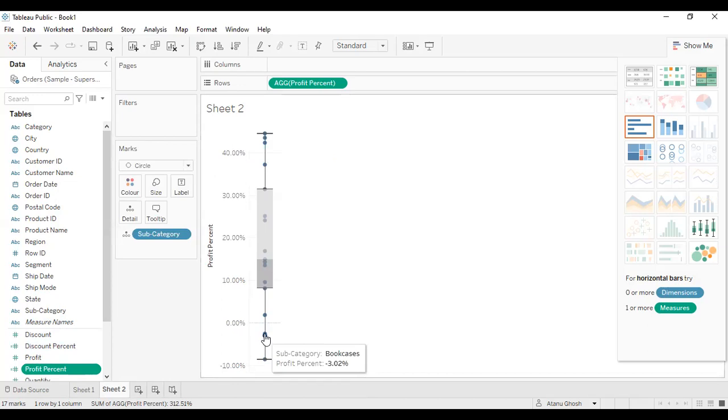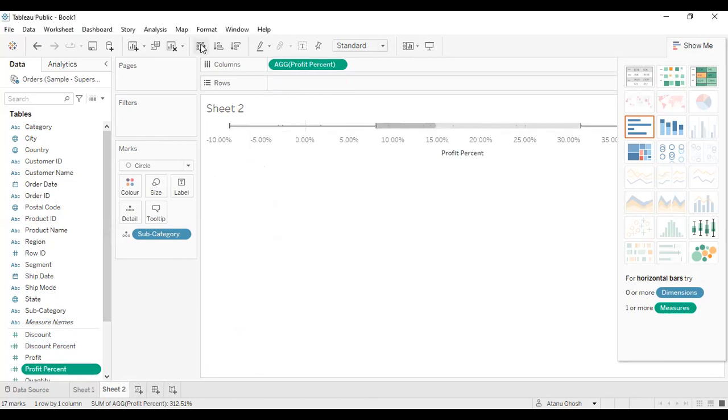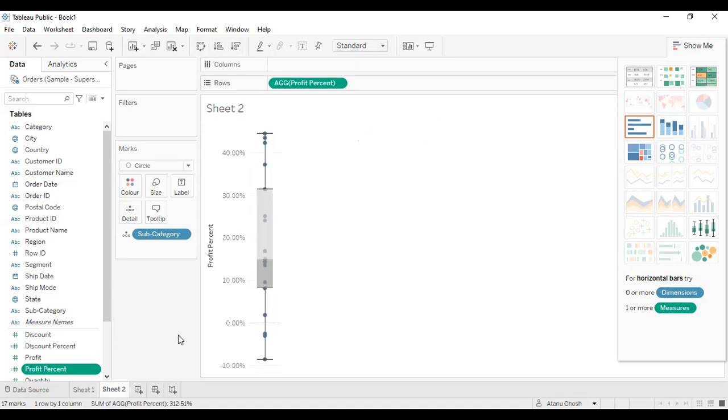And can we have it horizontally? Yes, we can have it horizontally. We can swap this chart horizontally. Yeah, but it doesn't look that good. It's probably better. Okay, but this is not exactly what we need,